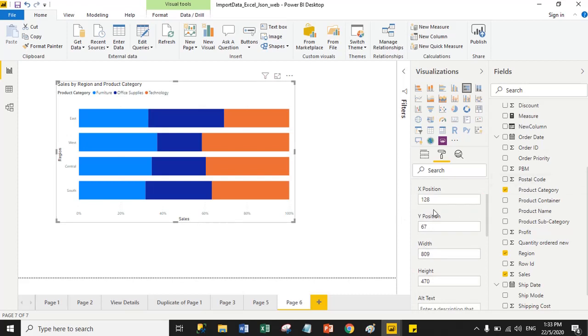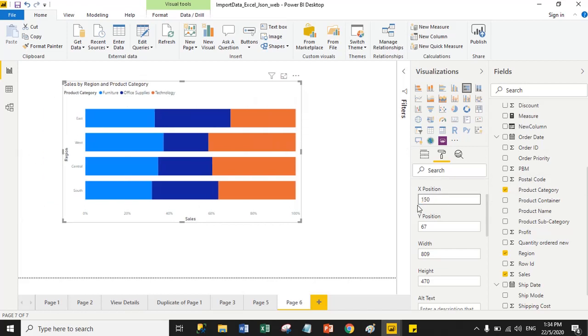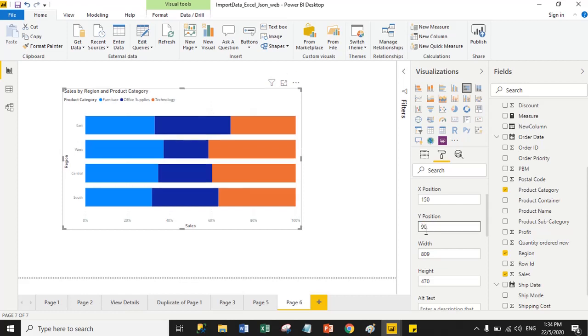Right now my X position is 128, so I changed my X position to 150. And right now the Y position is 67, so I changed the Y position to 90 pixels. Same way you can change width and height for the bar chart.